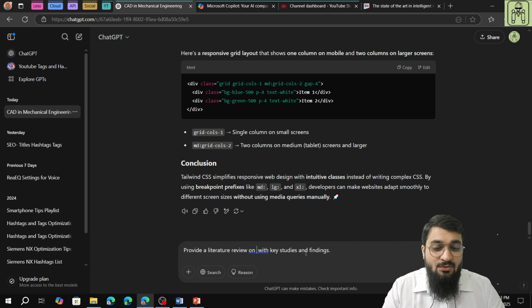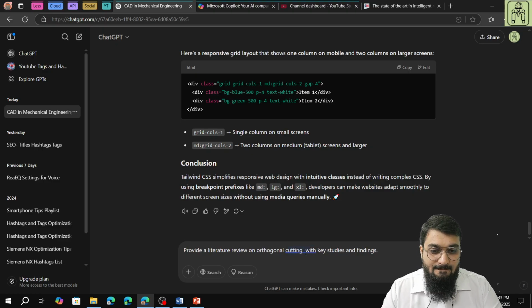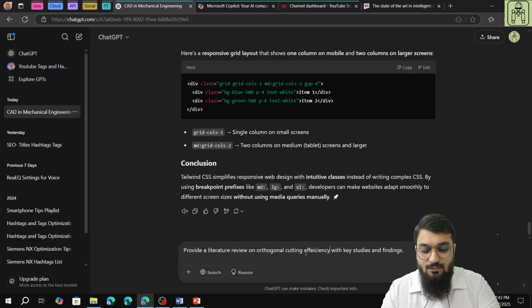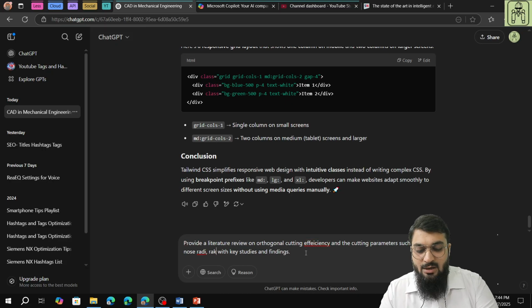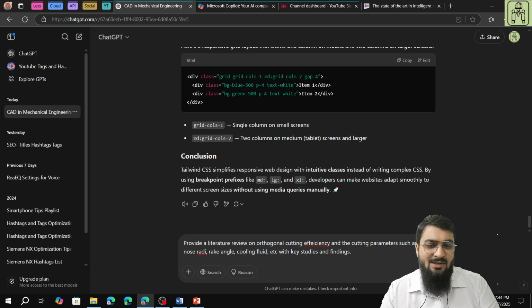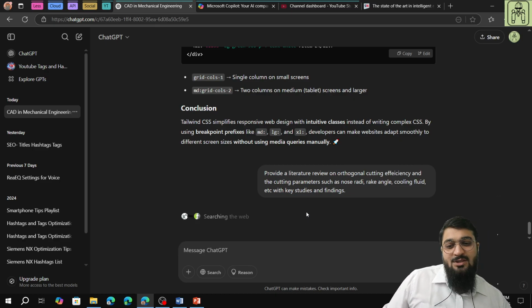Provide a literature review on the topic. Let's say orthogonal cutting efficiency and the cutting parameters such as nose radius, rake angle, cooling fluid, material density, etc., etc. So I'll just write etc. with key studies and findings, and it will give you a literature review on orthogonal cutting efficiency by searching the various sources available on the web,